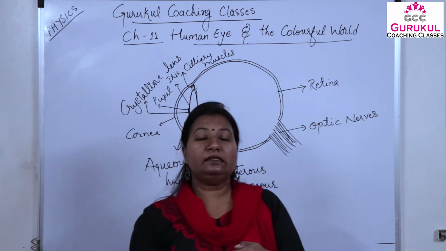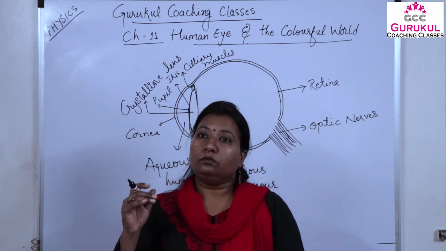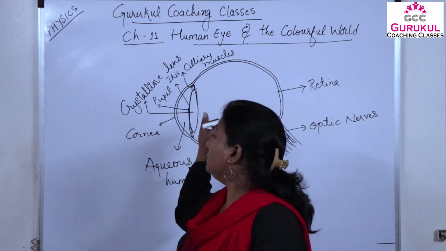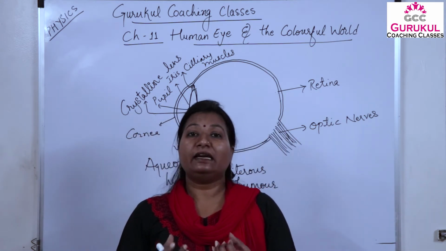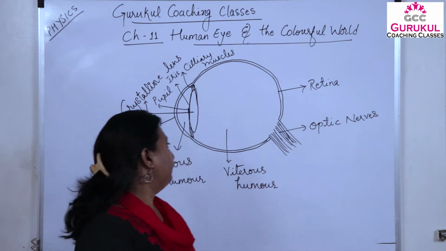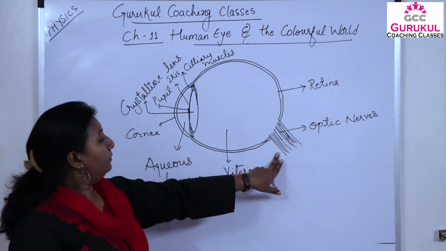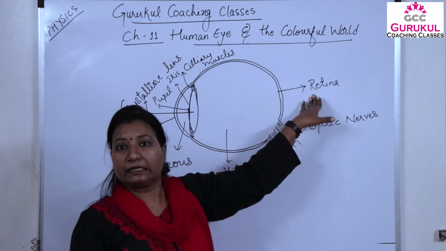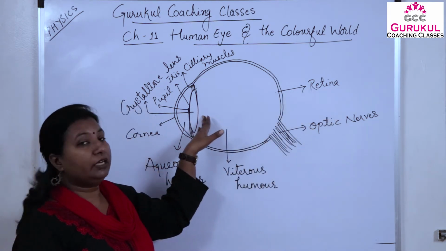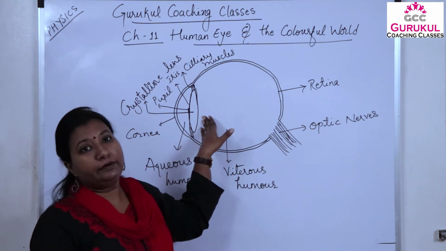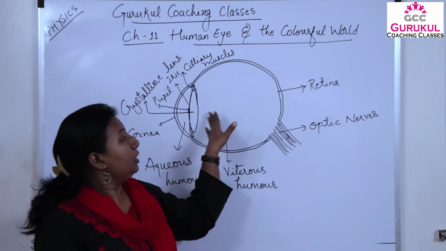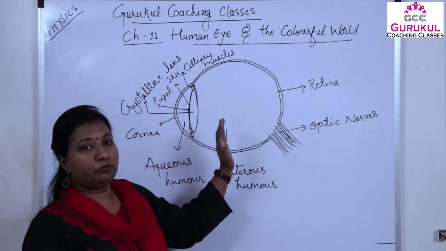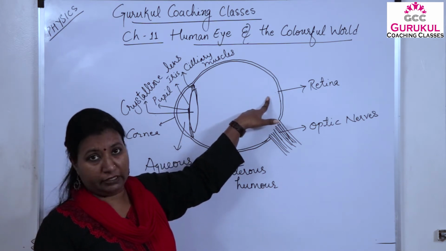So if we want to see nearby objects, or if we want to see faraway objects, then the focal length will be adjusted by the ciliary muscles, by the expansion and relaxation of the ciliary muscles. These are the optic nerves, right? Whatever image is formed on the retina, we can say the retina is acting as a screen, because here we have a convex lens. So a real and inverted image of the object is formed. So in our eye, the retina is acting as a screen. Whatever image of the object is formed, that will be formed on the retina, right?